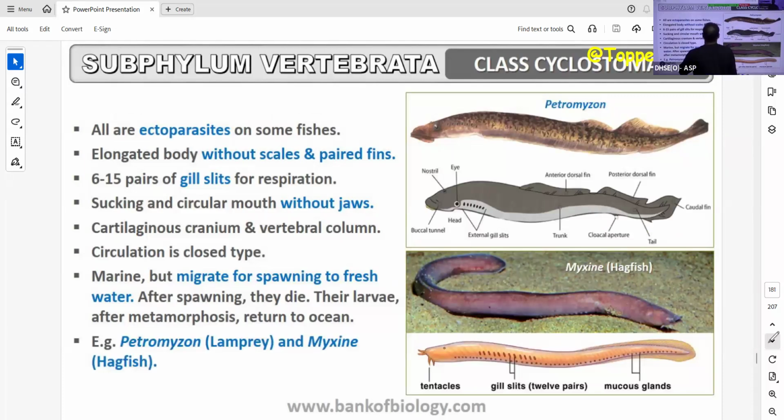As you can see here, in the Cyclostomata category, the examples include petromyzon, and myxin or hagfish. This is petromyzon. This is myxin or hagfish. Now, out of which the petromyzon which you see,